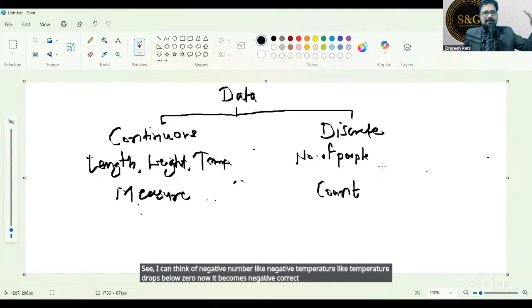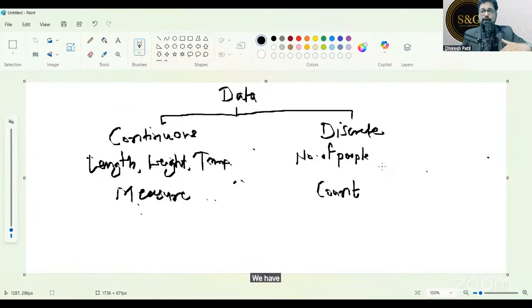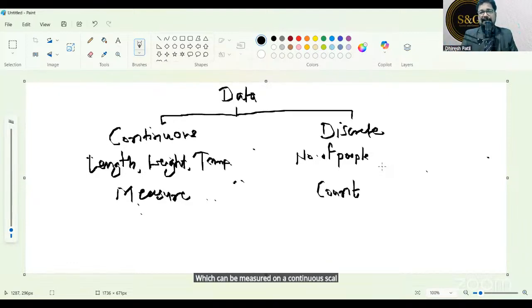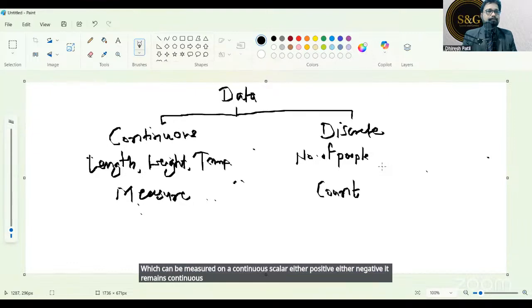Correct? Yes. Even in a lot of parts of the South Pole and North Pole, we have temperature going below zero so many times. Below 20, below 30. In the Himalayas also, there are a lot of places where we go to negative temperature. So temperature is continuous data, which can be measured on a continuous scale, either positive or negative. It remains continuous. But in case of discrete data, if you can think of anything which is negative,